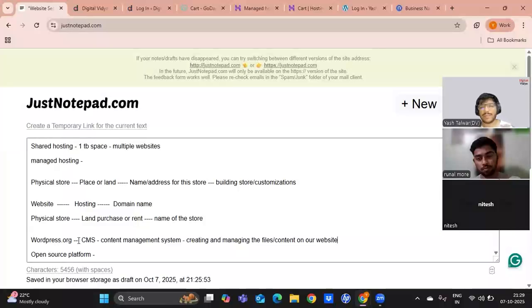अगर आपको कोई language नहीं आती है, you're not from a technical background, you can still build your website on WordPress without all of that, right? But yes, अगर if you have that knowledge, if you know about languages, that is a bonus point because आप कुछ additional चीजें कर पाओगे. But even if you don't know about it, there are plugins for everything. What are plugins? We'll talk about that once we start with the website.